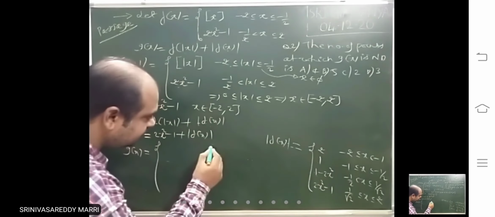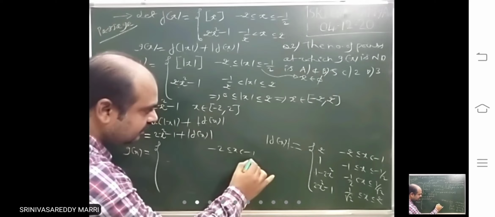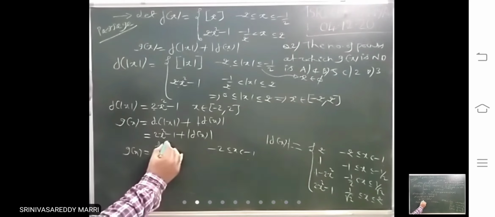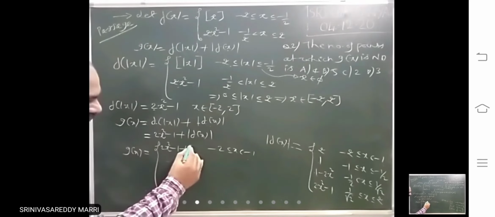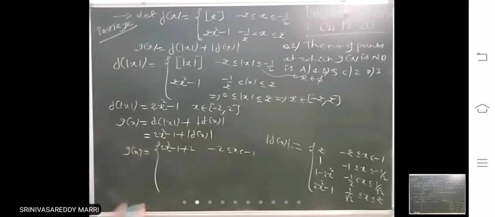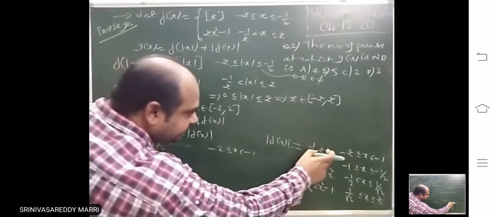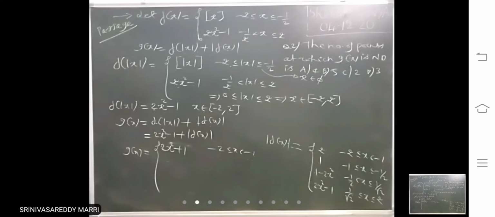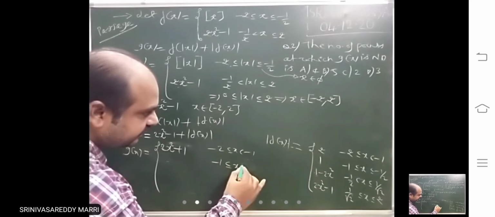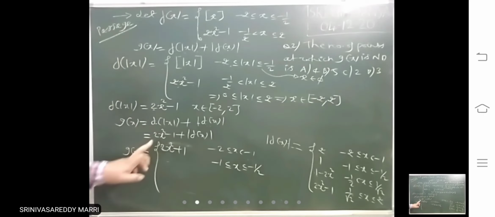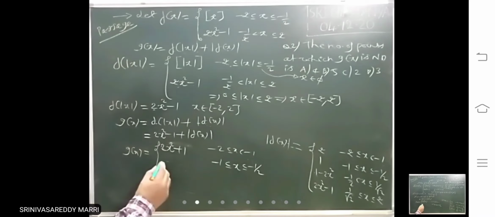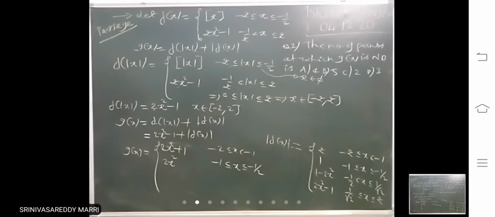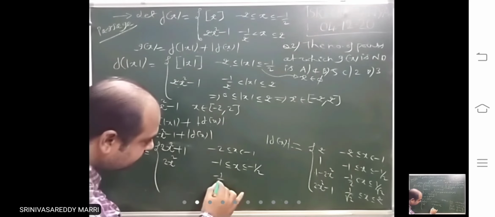That means -2 to -1. Here modulus f of x is 2, and this is 2x square minus 1, plus 2. I am writing directly: 2x square minus 1 plus 2. That means 2x square plus 1. Next, -1 to -1 by 2: 2x square minus 1 plus 1. That means 2x square. Right? So next, -1 by 2 to